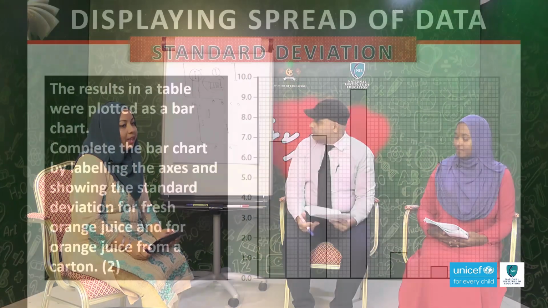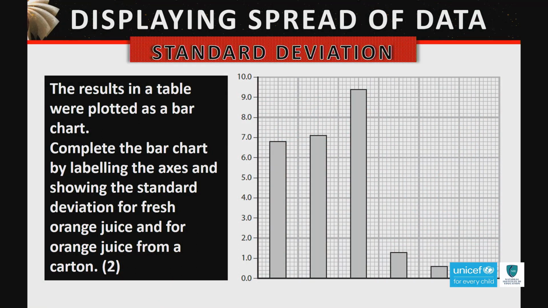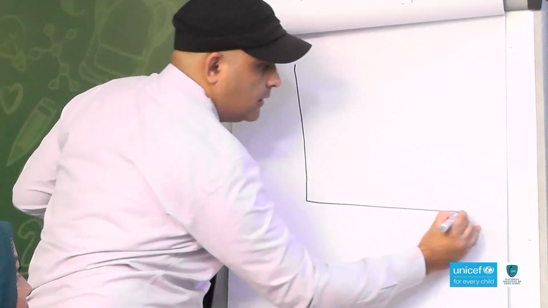Complete the bar chart by labeling the x's and showing the standard deviation for fresh juice and for orange juice. Now we have a set of data for 6 different types in there. But students are asked to draw only for 2, isn't it? So yes, they have been asked to draw for 2, that is for fresh orange and carton orange. So here, if I'm drawing it,